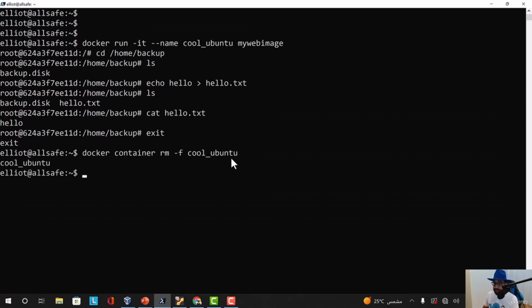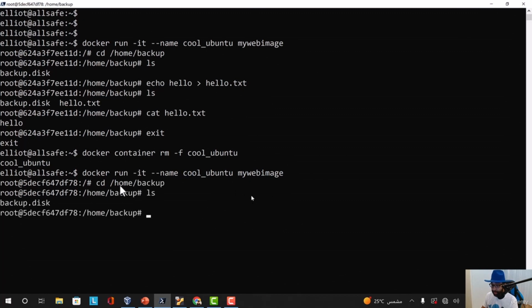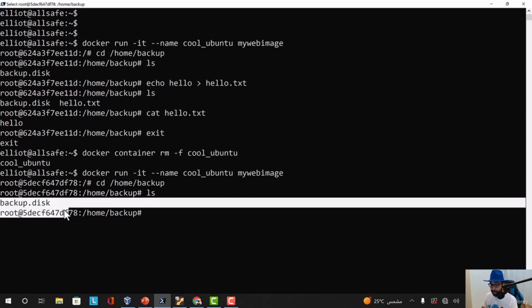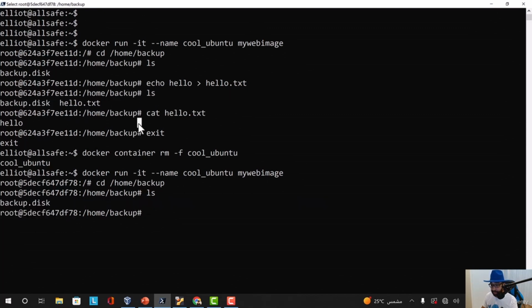Alright, the container is removed. Let's create it again now. Okay, so now if we go to /home/backup, you see the hello.txt file is no longer there. So the data here is lost, and this is basically a very simple demo that shows you if you